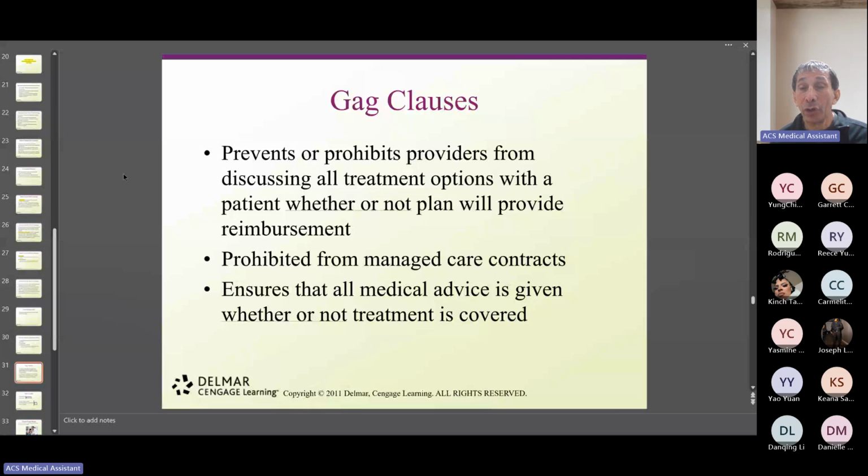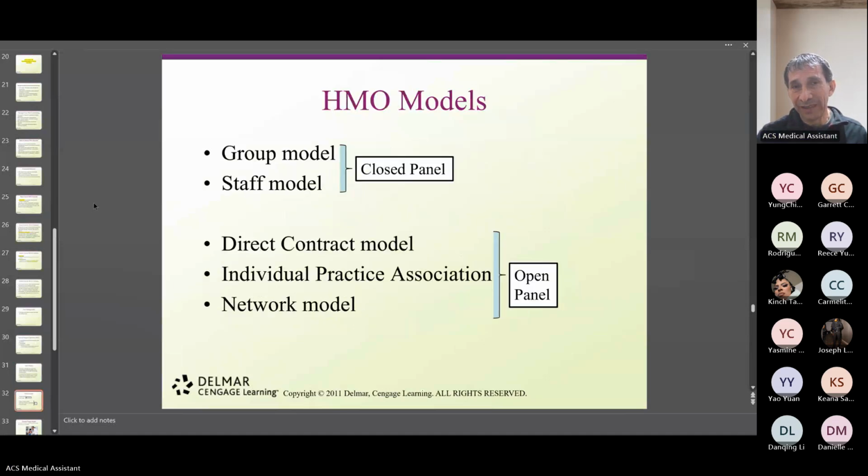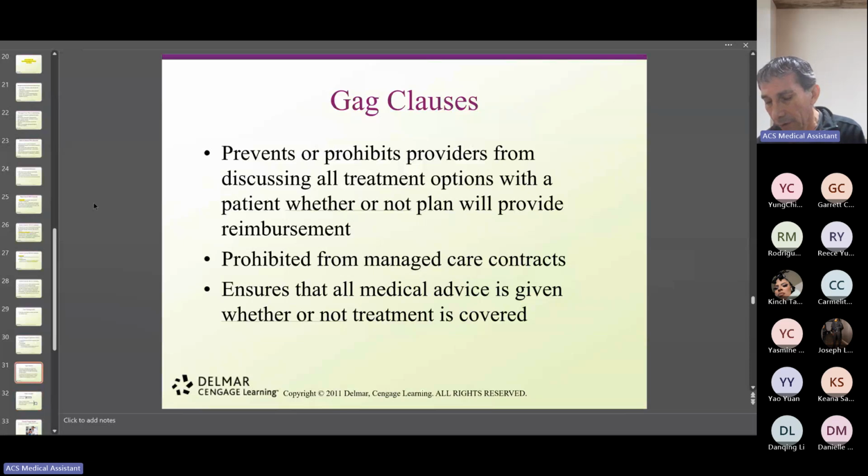But if I have no options, what are you going to do? You block all the doors. You tell me that I have no options, but I do have them. It's just that you're not revealing them because you think I cannot afford it. Yes, actually, I cannot afford it. My insurance does not cover that. But someone else might do it. But if I don't have options, I'm not even going to say anything. I'm just going to stay quiet, right? So that is the gag clause. Any questions about the gag clause? Good.